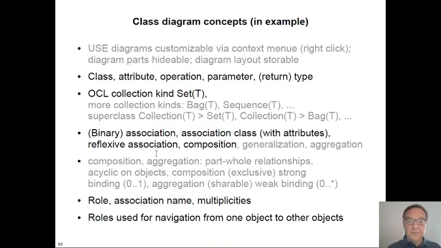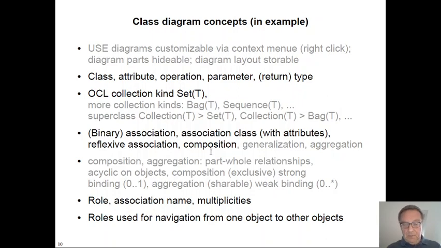We have shortly sketched how associations were used in that diagram, namely binary association and association class, which is an association with attributes. We have talked about reflexive associations,